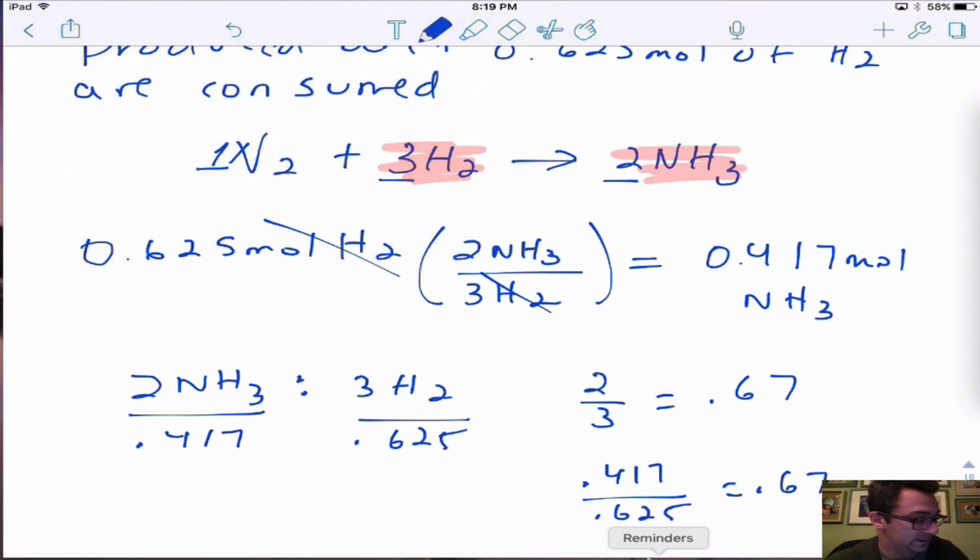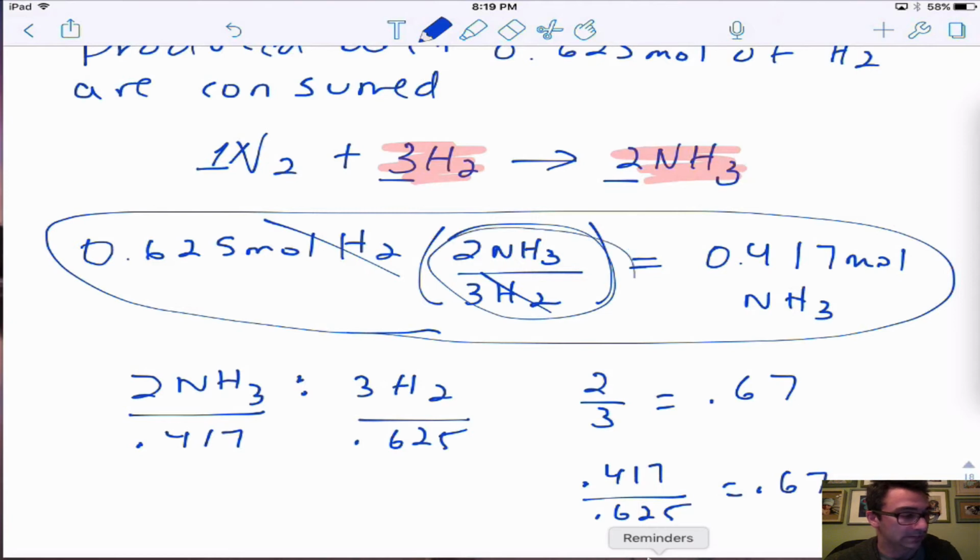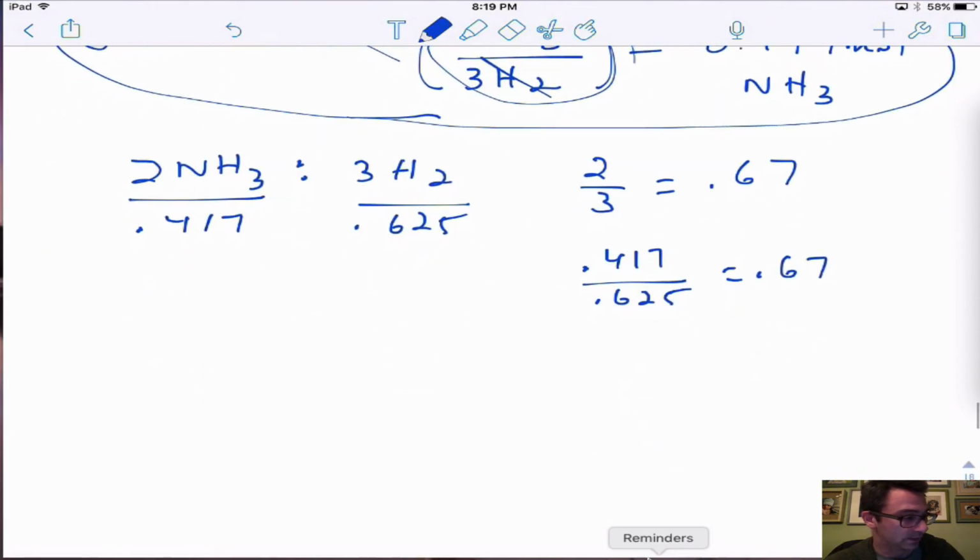Okay, this process right here is the factor label method. This is where the 0.625 moles of H2 times 2NH3 over 3H2. I use the mole ratio right here as my conversion factor. The H2 crosses out, the NH3 is what remains. We could try another one where we maybe do